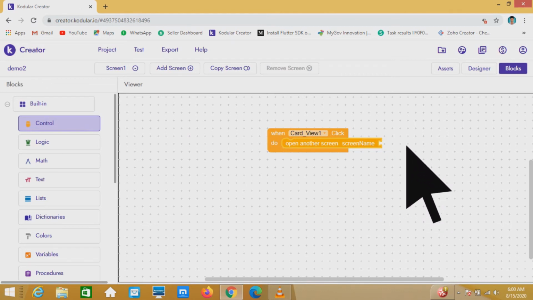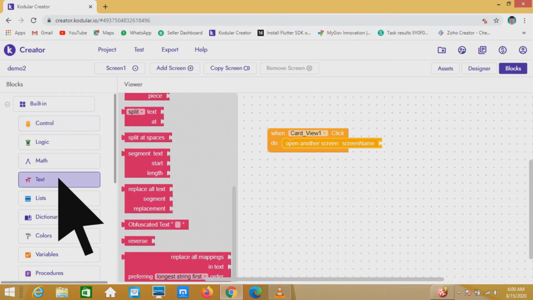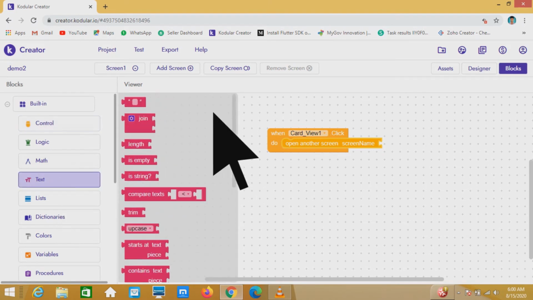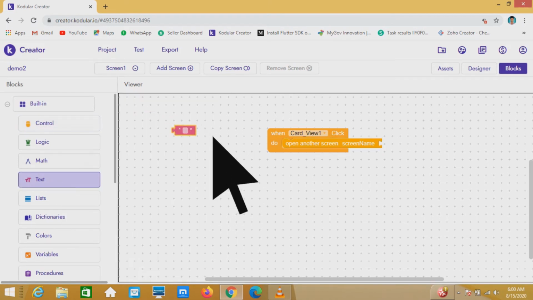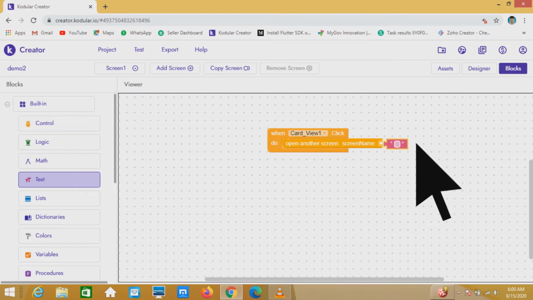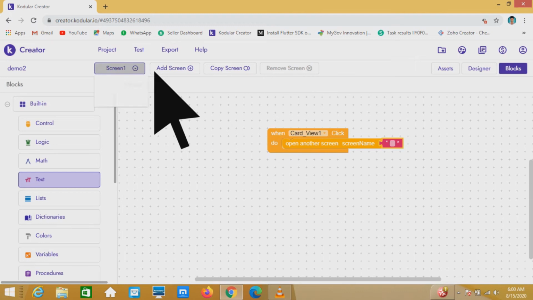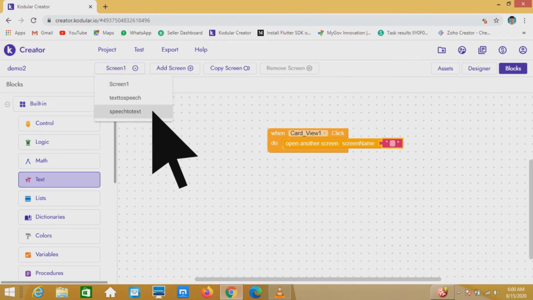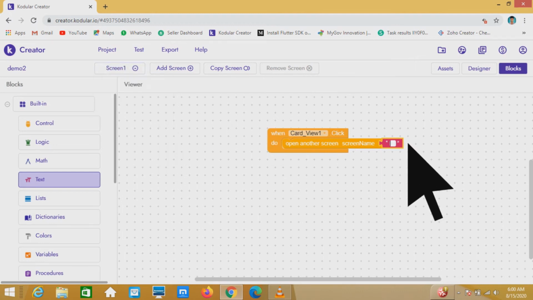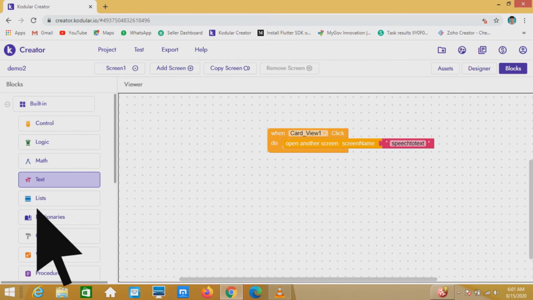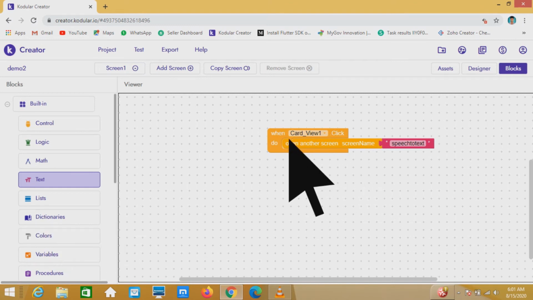For that, go to text and select the first option, empty text. You should enter the same name as the screen name. So our screen name is speech to text, so I will be entering that. Similarly, for the second screen, I will be copying this code,